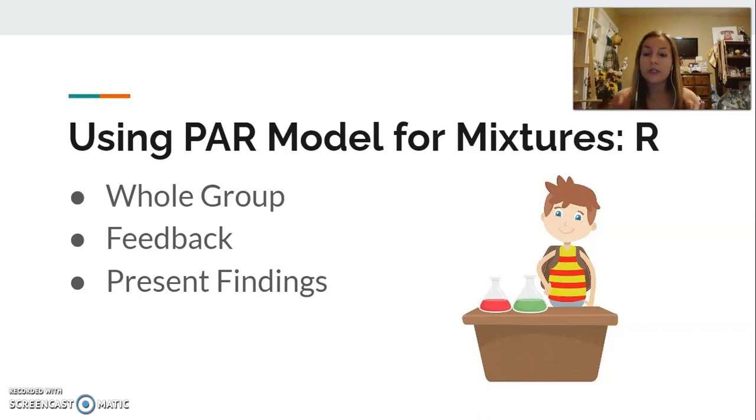And I will ensure that I go over some misconceptions that some kids may have, because some things seem like they're mixtures, but then they're compounds, and some things seem like they're compounds, and sometimes they're mixtures. So sometimes that can be a little bit difficult. I mean, sometimes that's even difficult for me as an adult. And so I want to make sure that my students understand that. And I feel like by them experimenting, they will be able to pick that out easier because they're doing it on their own. So this is how I would incorporate a PAR model into my science classroom to ensure that I'm using constructivism in my classroom.